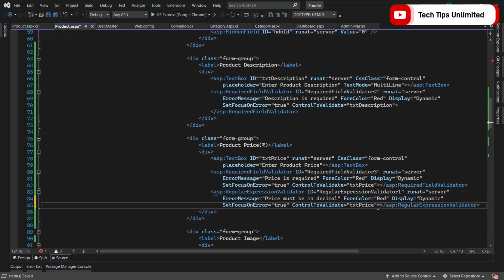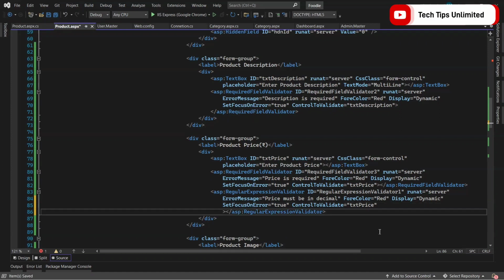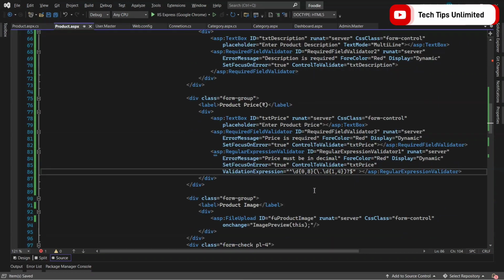Now here, the important thing that we have to take is the validation expression. Validation expression is equal to,